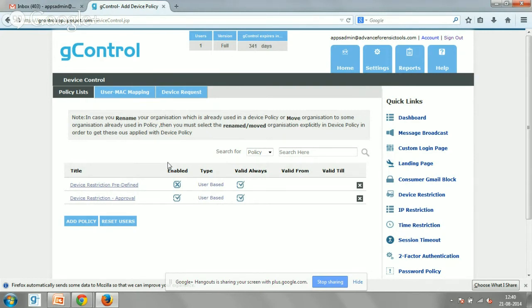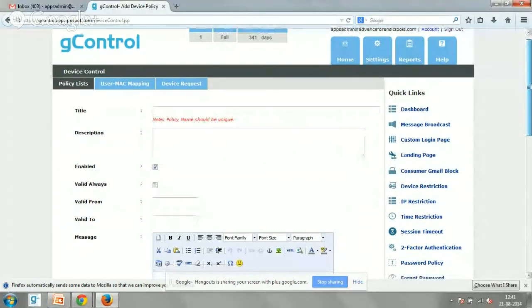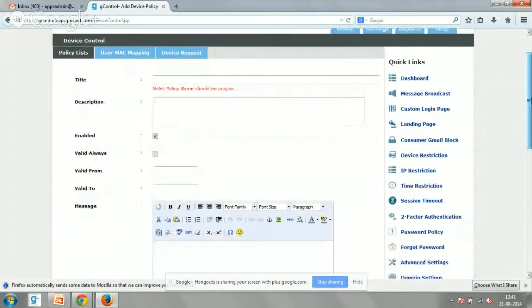When you hit add policy, Sarvesh, can you hit that add policy? Yes, this is where you can see how we add and create the policy.